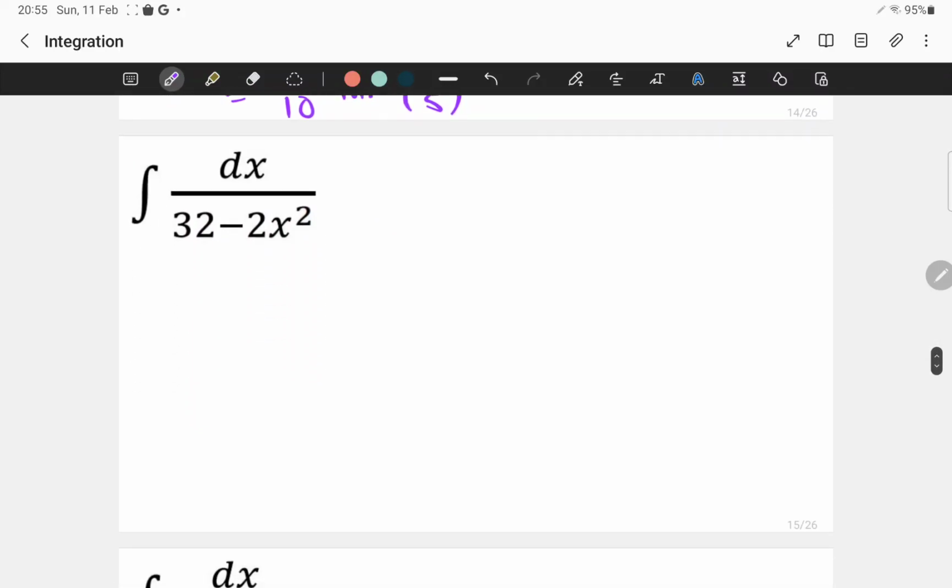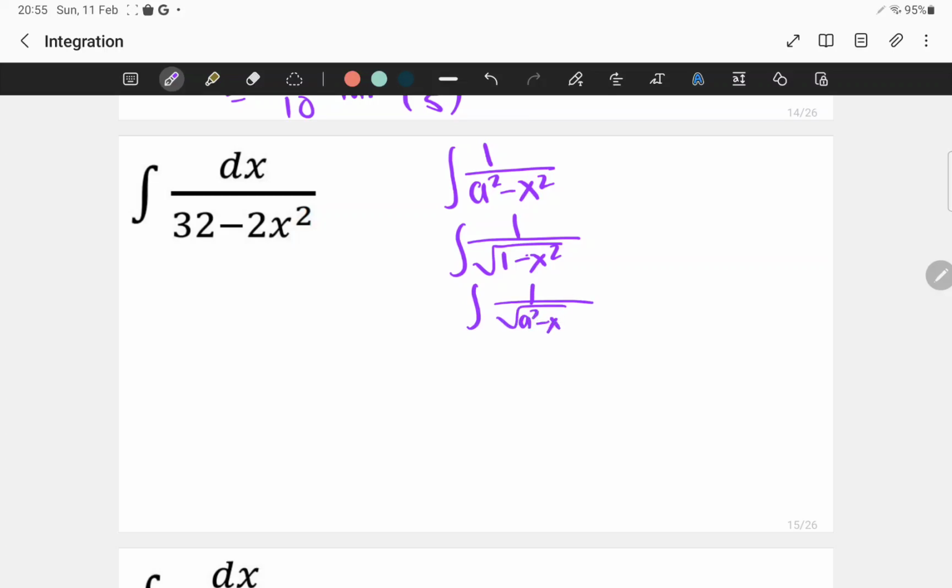Let's dive into the next problem, and the formula for a square minus x square. There is a formula for under root 1 minus x square or under root a square minus x square. Here it is not under root. This one is sine inverse x. So what we can do, we can just factorize. So let's erase